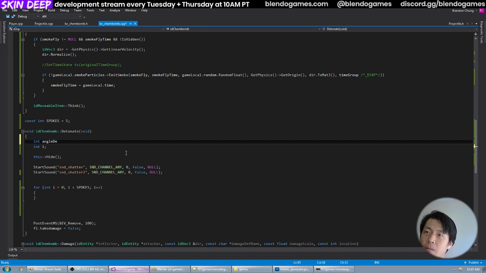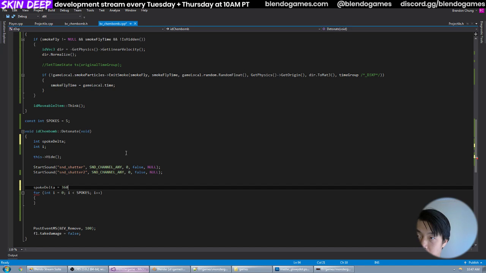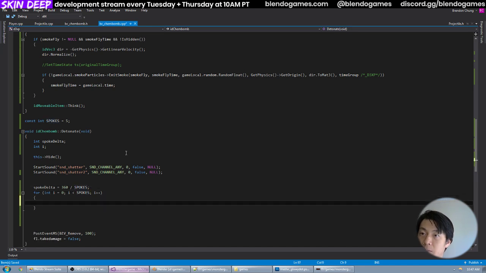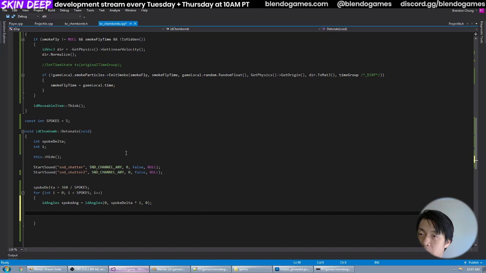Okay. Spoke delta equals 360 divided by spokes. Sure. Let's see. Pitch, yaw, roll, debug arrow, start from